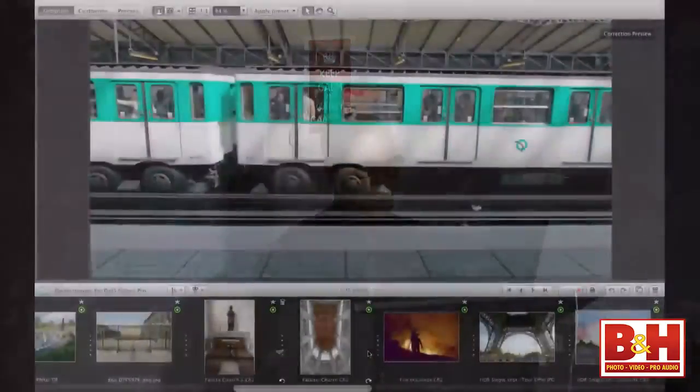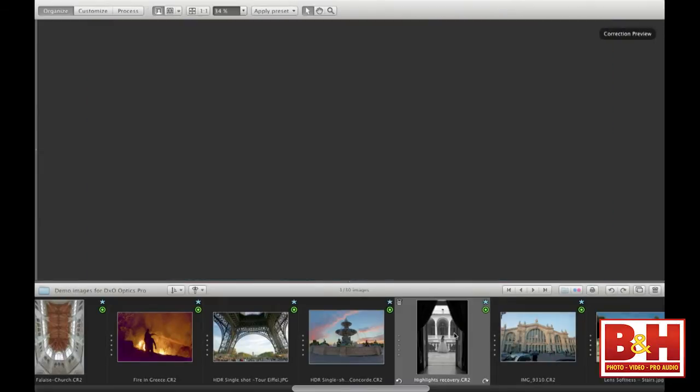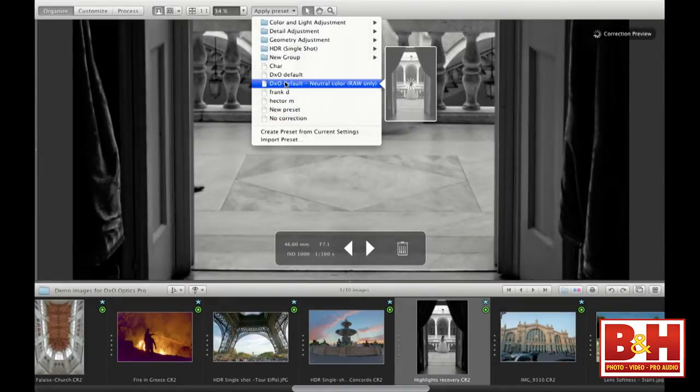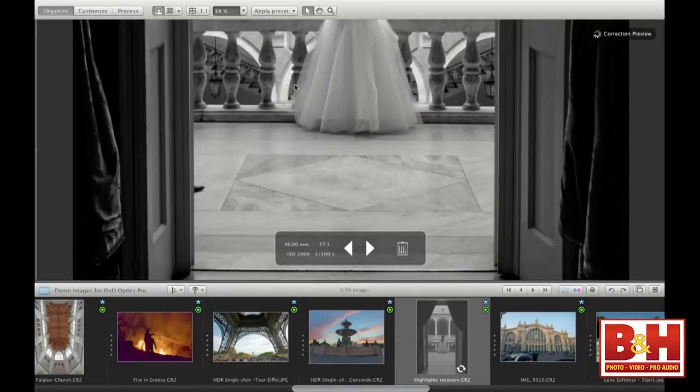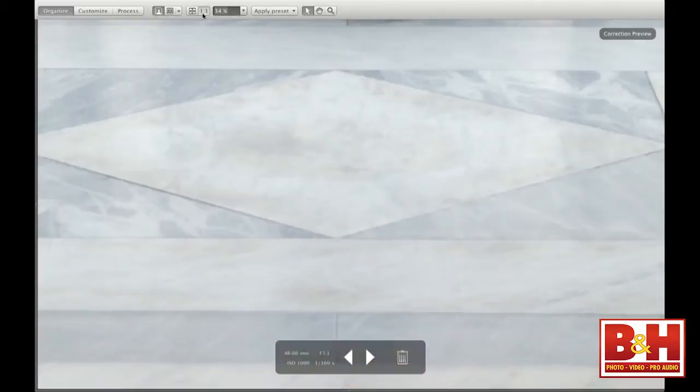But we also have a really nifty tool that helps with this type of distortion as well as perspective control issues that, if we have time, I'll show you. But what I really wanted to show you was the concern that you had in reference to blown out highlights. Okay, so we're gonna go to the DxO default. So right now,